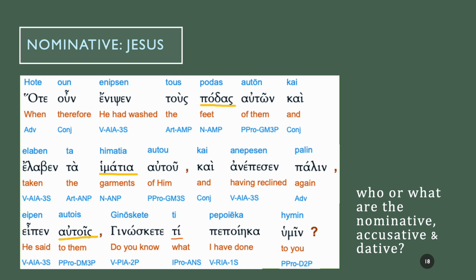And then it says also, do you know what I have done to you? An interrogative pronoun is used here. That's why it says I pro. That is, you may have spotted also the ans. That is accusative, neuter singular. And we're going to come on to looking at pronouns soon. But basically, interrogative, think of the word interrogate. It means to ask questions of. So, what is this? For example, maybe an interrogative.